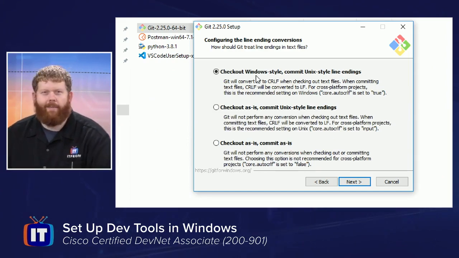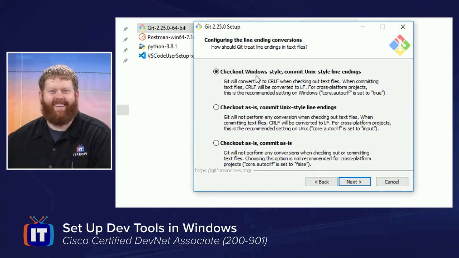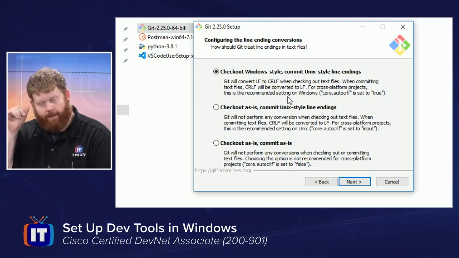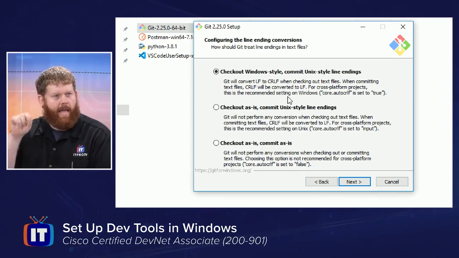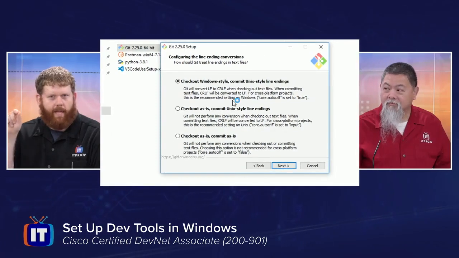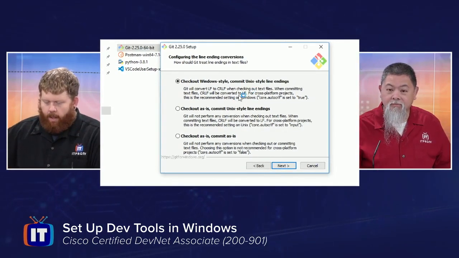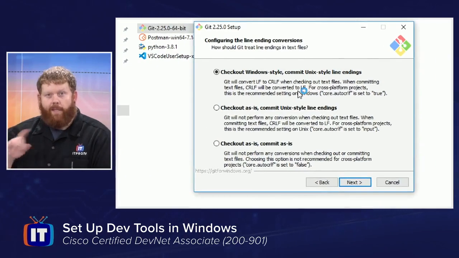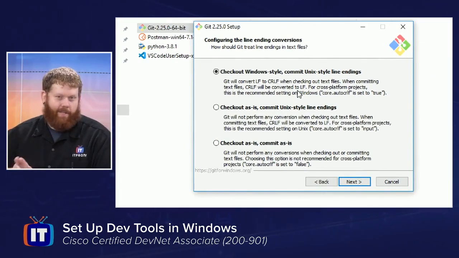I didn't realize I had to give you a background on all these differences. So check out Windows style, commit Unix style line endings. There's a hidden character, either line feed or what is the CR, carriage return, I think, for line feeds. Depending on whether you're on Windows or Linux style systems, you get a different character or set of characters that